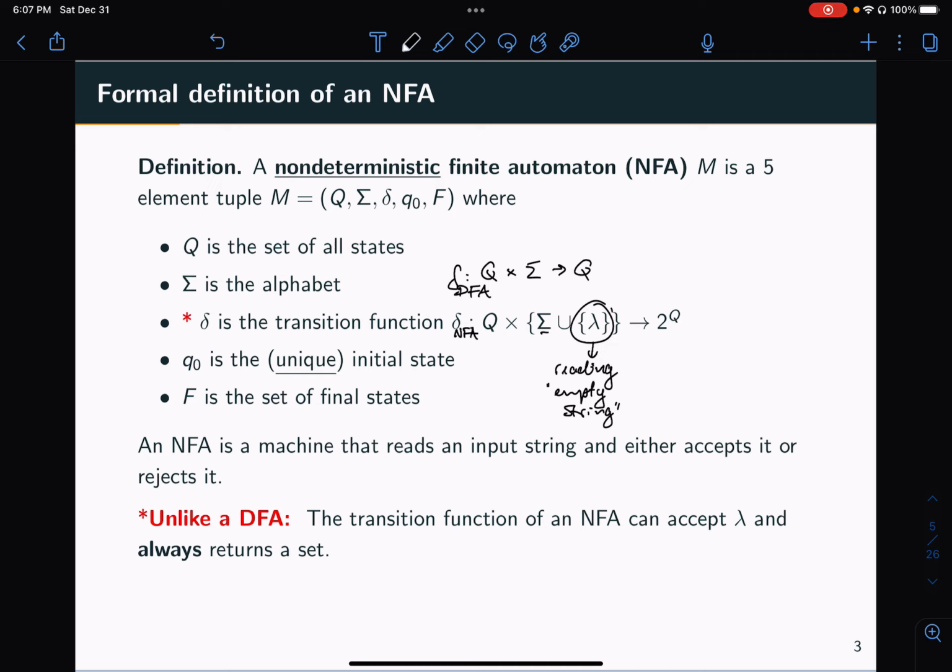And so what this is saying is that you take a state and either a symbol or lambda, and you return... Now this is the power set of Q, okay? So that means that the return type of delta NFA is now a set, okay? The return type is a set, meaning that your transition function returns a set of states, okay? And so what's interesting is that the set of states could also be empty, right? So this includes